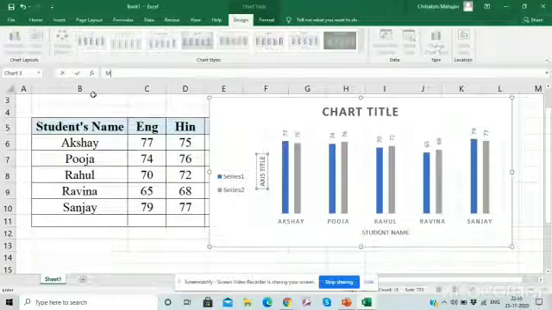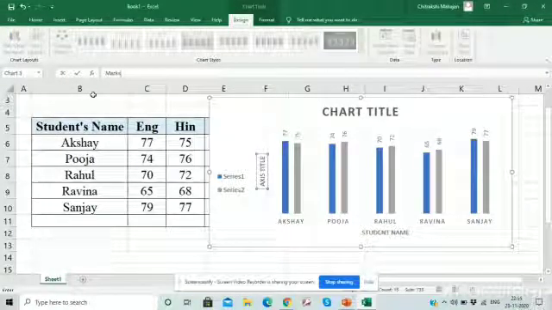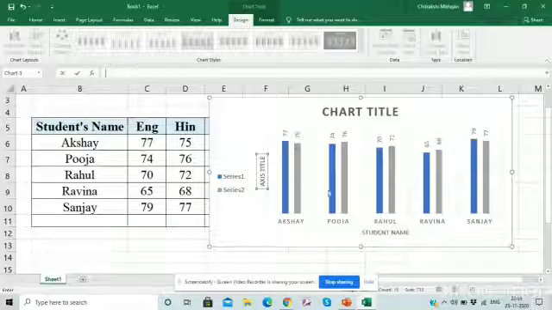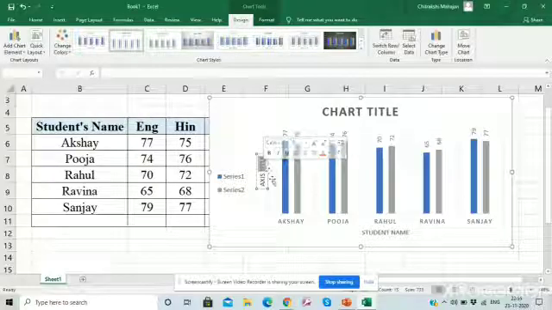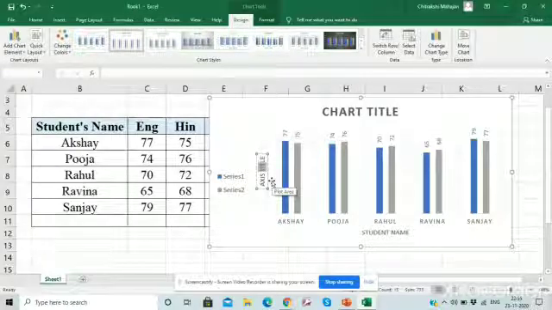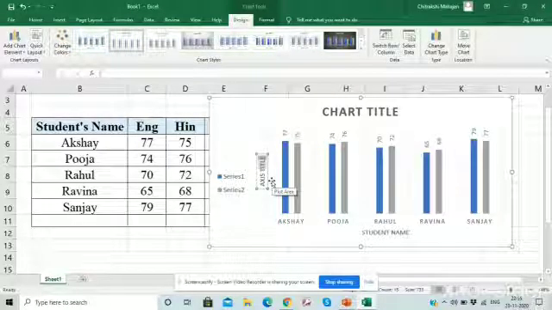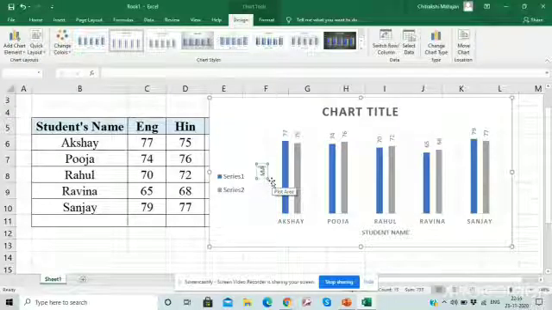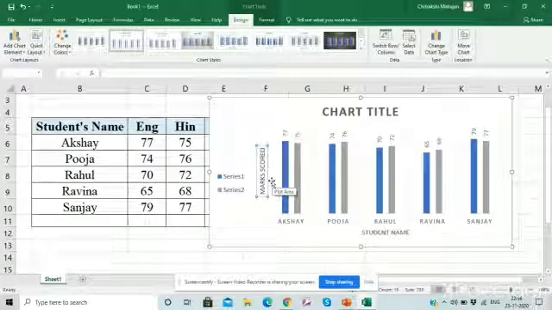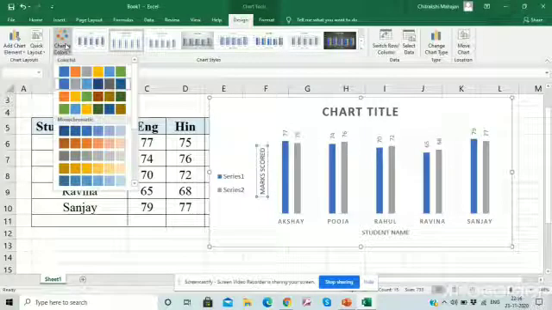Here it is marks, where we are writing. I have to write here. Select it completely, then write marks. Okay, now it's easy to understand. I think it's really easy to understand.